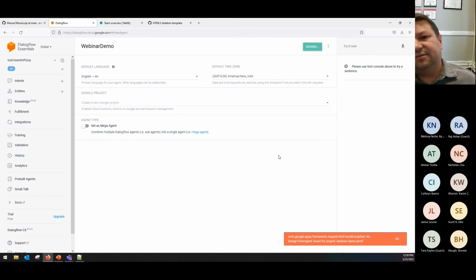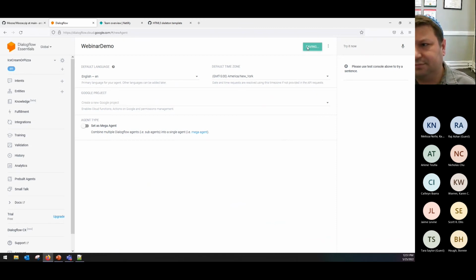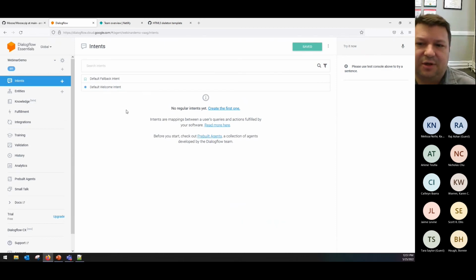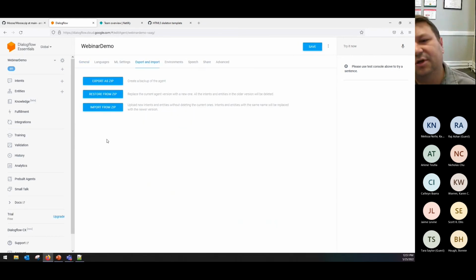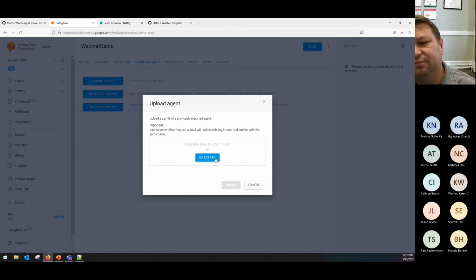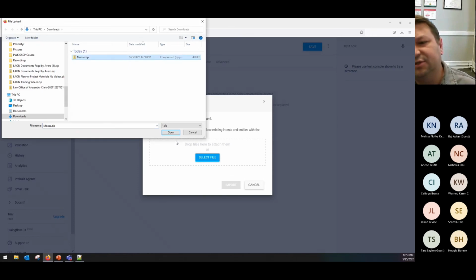Takes a minute. Save. A couple seconds to think. There we go. So by default, it'll have a welcome intent and a default fallback intent, and that's all that's in there. That's all that's built out. So what you do is you come to the settings, you go to export and import, and then you can import from zip. Select that moose